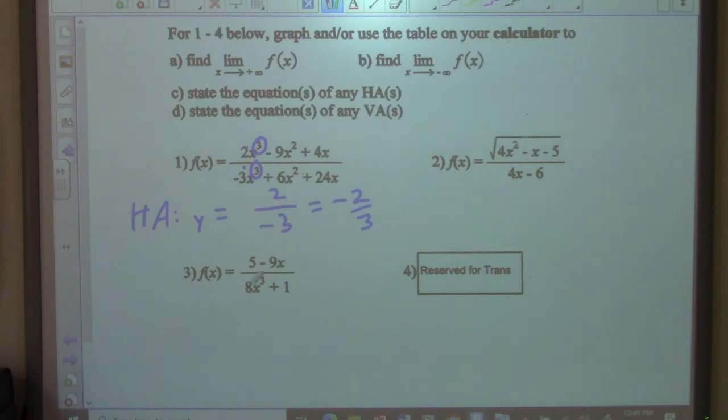And then for this number 3, what is this one going to be? Is this Betsy, Bobo, or Botu? Botu. Bigger on bottom. 0. Yeah, so 0. So what it is, this will go to 0, and so it's going to be a horizontal asymptote. It's going to be y is equal to 0. So these shortcuts, we're simplifying, because